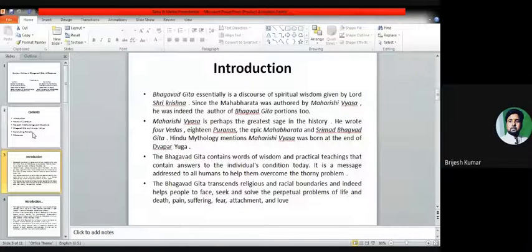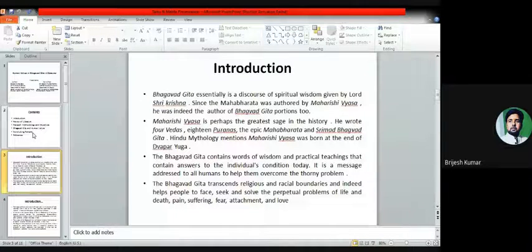Since morals and values remain static for all humans, it can indeed be termed a book beyond culture and tradition. The Bhagavad Gita contains words of wisdom, practical teachings that contain answers to the individual's condition today. It is a message addressed to all humans to help them overcome the thorny problem of overcoming the present and